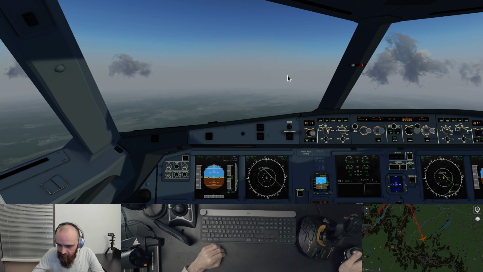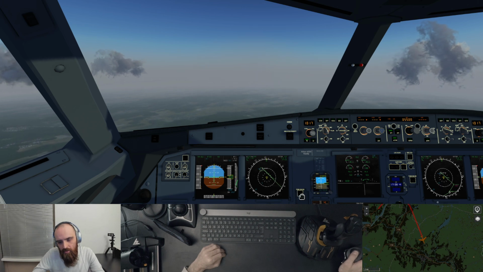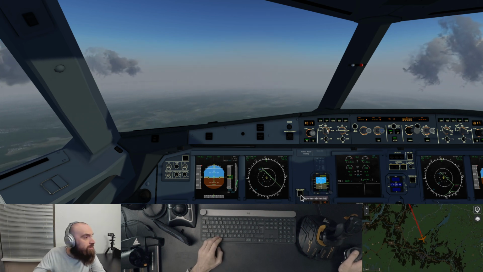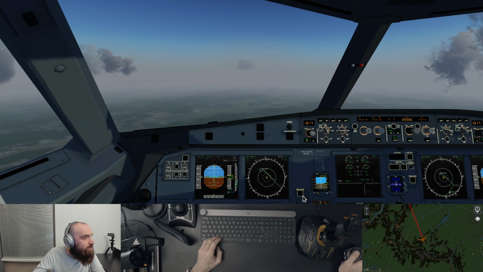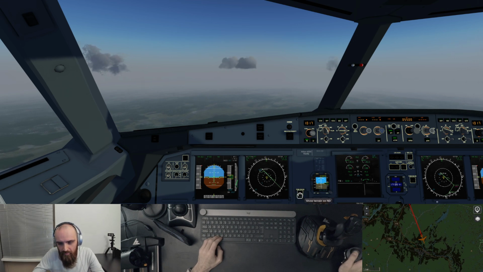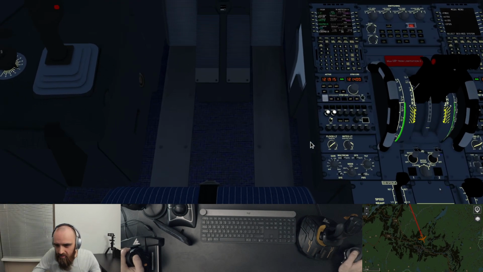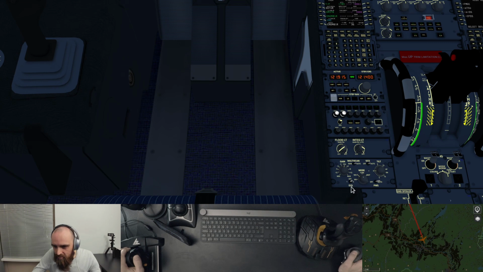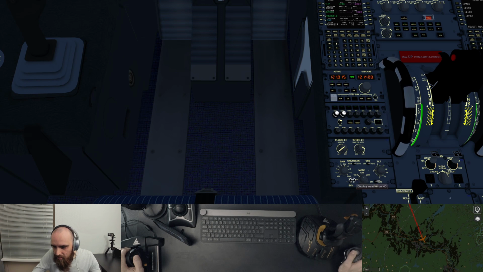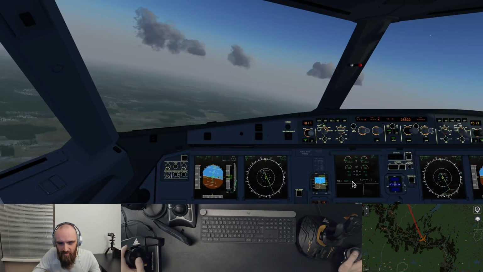Let's see what else. Terrain on display and the weather radar. Let's see, what are those key bindings? I haven't used them in a while. Alt-C and Alt-W. So terrain on display would normally be this button, and the weather radar is actually down here. Is it this switch? I think it's this one. Yeah, display weather on ND, the navigation display. Instead of trying to find this small switch, which is pretty difficult,